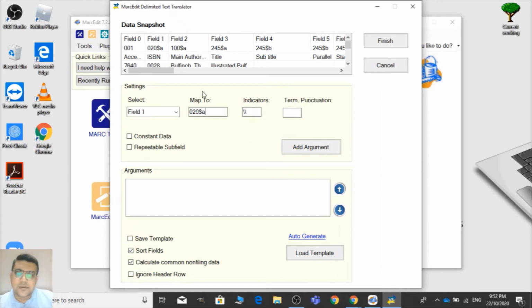020$A. The indicator would be double backslash. So 020 and dollar is the delimiter and A is the subfield code. So let me add this one by one. You can add important fields one by one, or you have another option, you can auto generate all of them. So I have auto generated all of them,